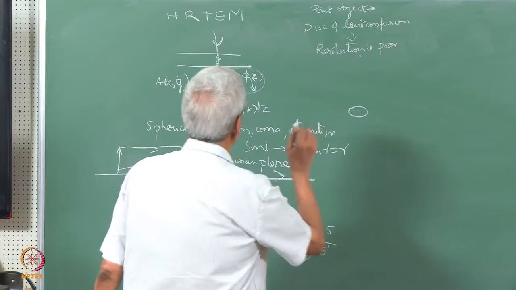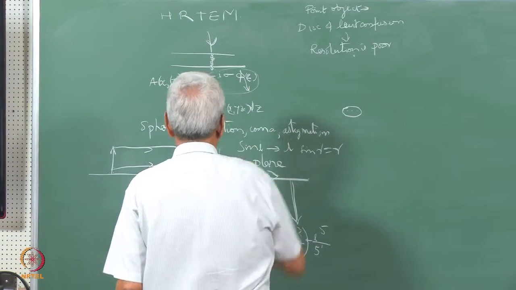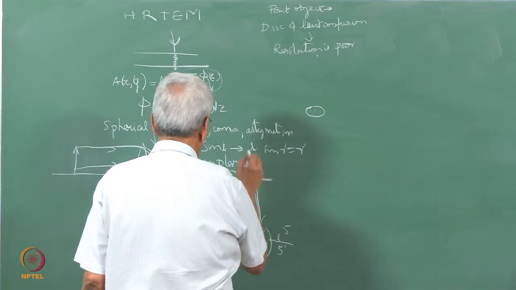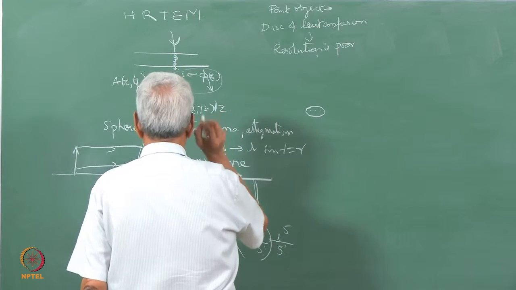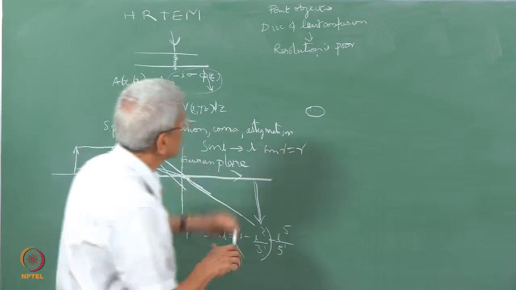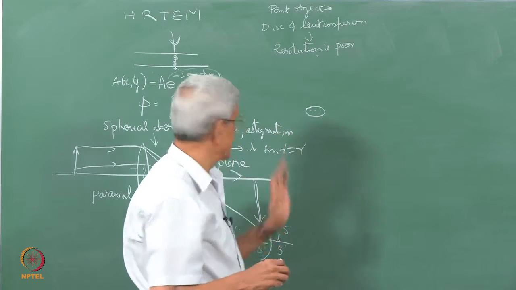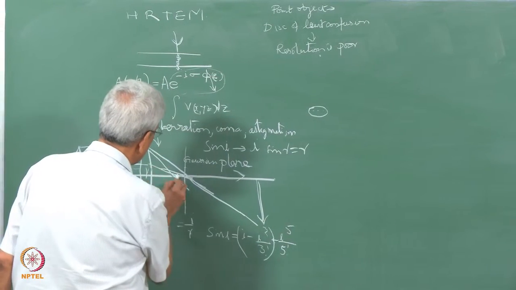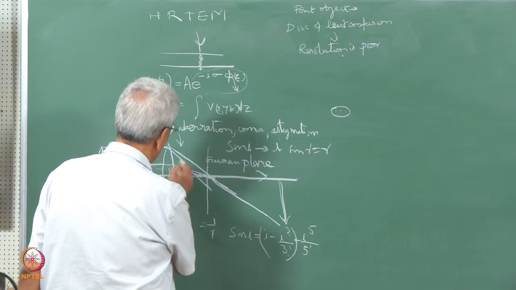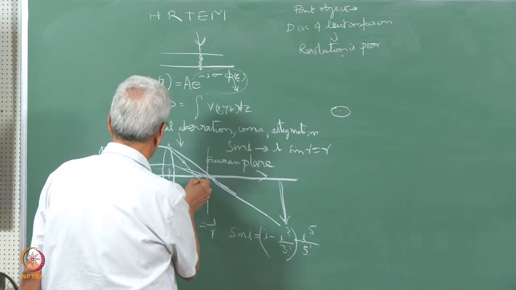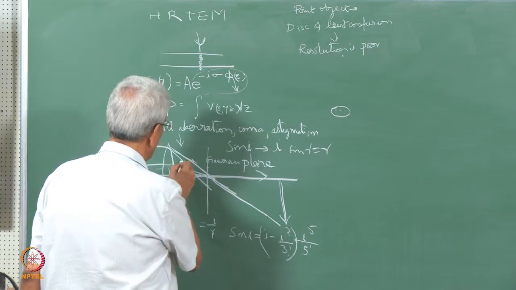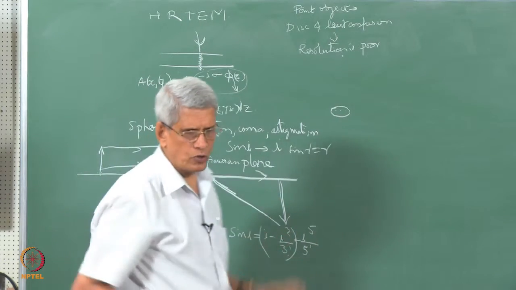So, because of this aberration, instead of a point object, we get a disk of least confusion. But fortunately, we know that if we defocus the sample, the defocus behaves in a way where, in this case, the refracted ray is brought closer towards the optic axis. Defocus moves it away from it. So, these two act opposite to each other.